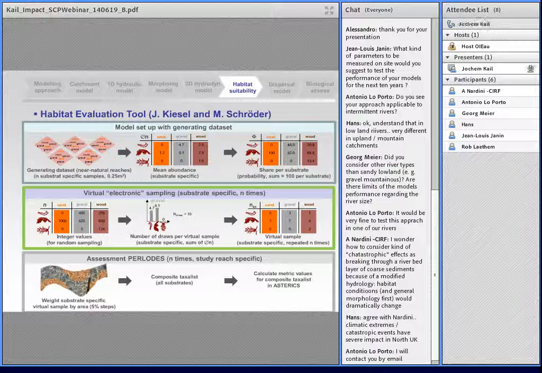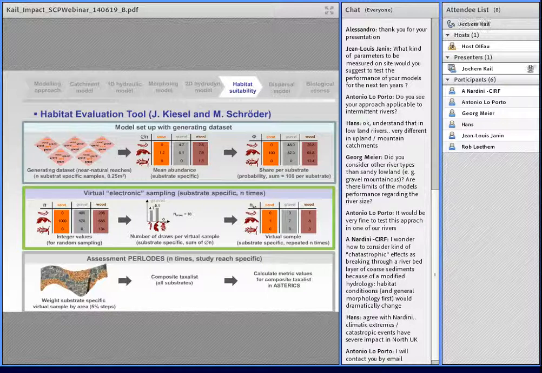This might be a specific case because it's a catchment located between the North Sea and the Baltic Sea. But besides really catastrophic events like 100 year floods, which dramatically change the morphology,